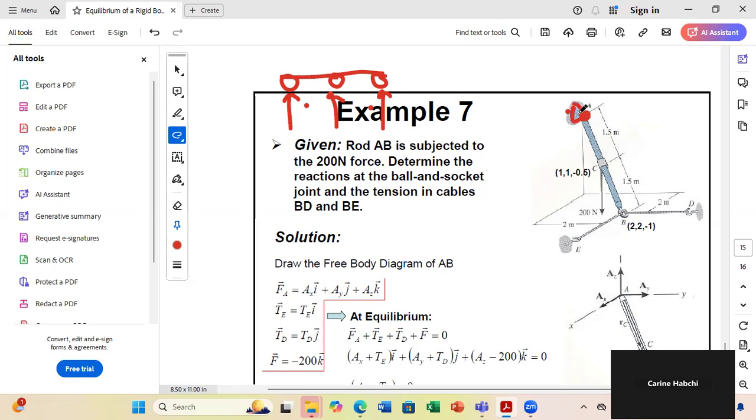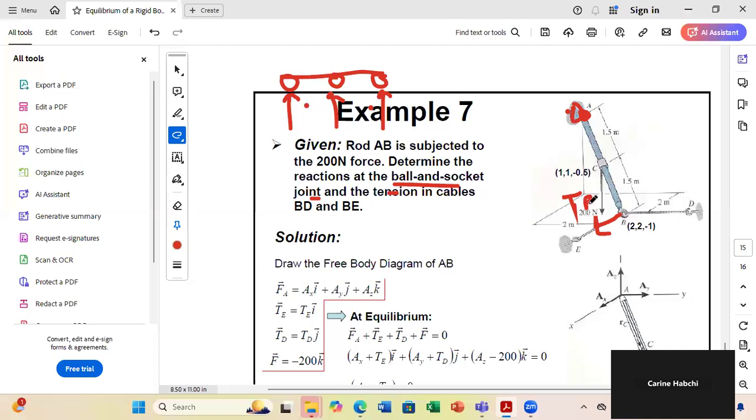This connection allows me to rotate in all directions, but I cannot do translation. So whenever they tell you there is a ball and socket joint, then at A I have 3 reactions, AX, AY, and AZ. Plus I have 2 cables, so I have tension TBE